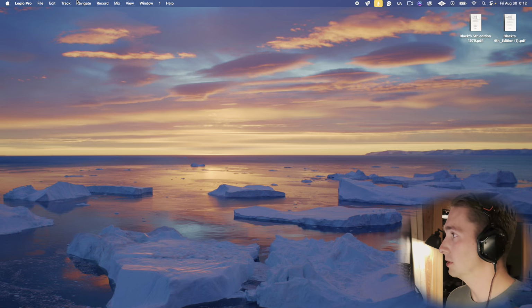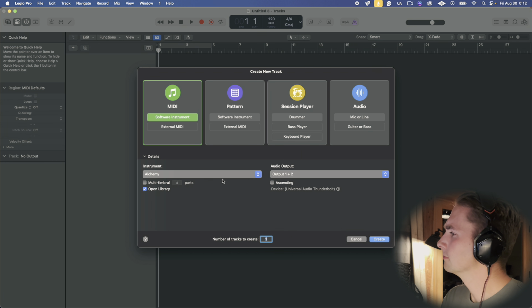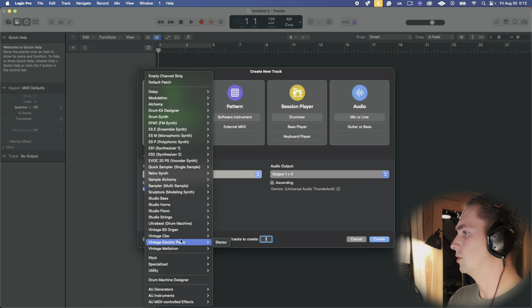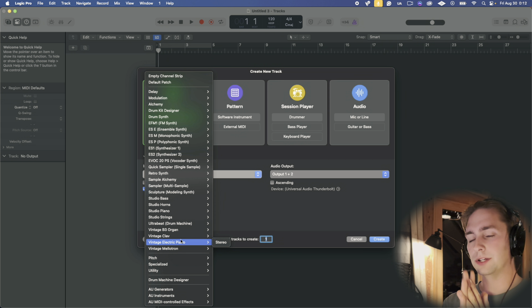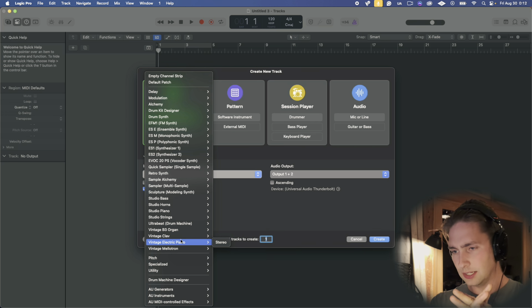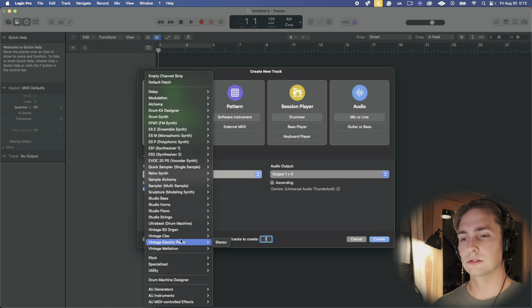First thing, let's open up Logic. New Instrument. Before we start here, I need inspiration. I'm not developed enough as a producer because I'm a noob, right? That's what this whole thing is.